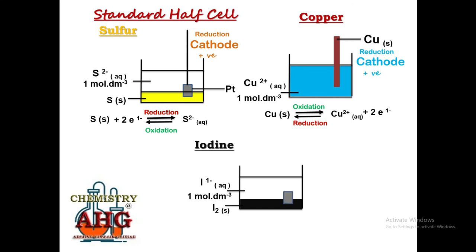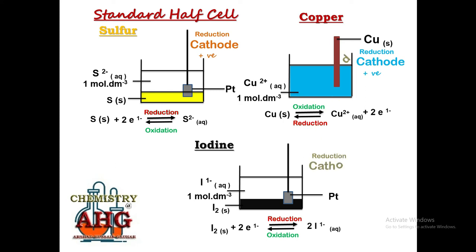Platinum will be used again, connected to platinum wire. Two processes will start: reduction of iodine to iodide and oxidation of iodide to iodine. Again reduction will dominate because iodine is a non-metal. This half cell will again become the cathode with positive charge. So you must remember, whenever you are given an element that is a non-metal and solid, you are supposed to construct its half cell like this. Okay, some more examples.